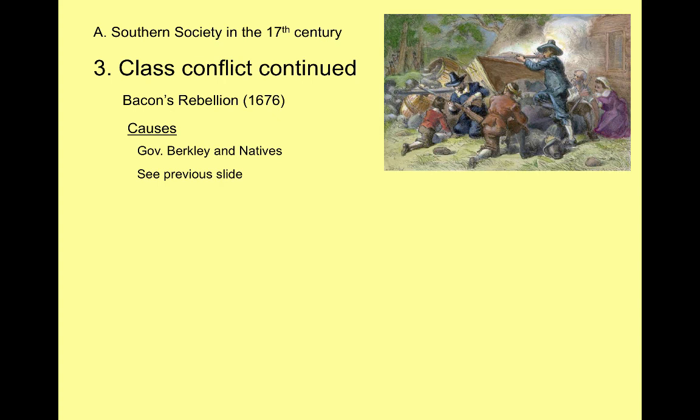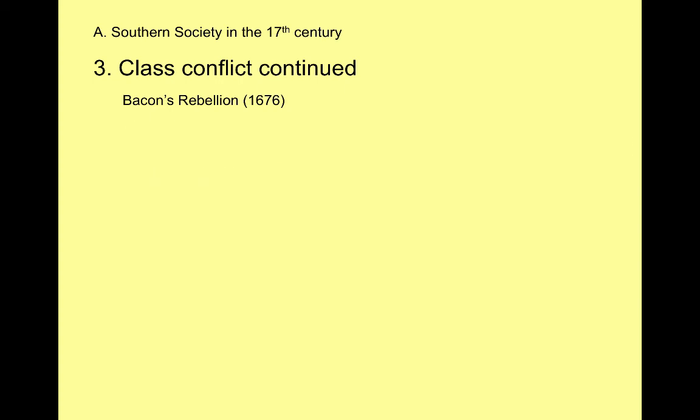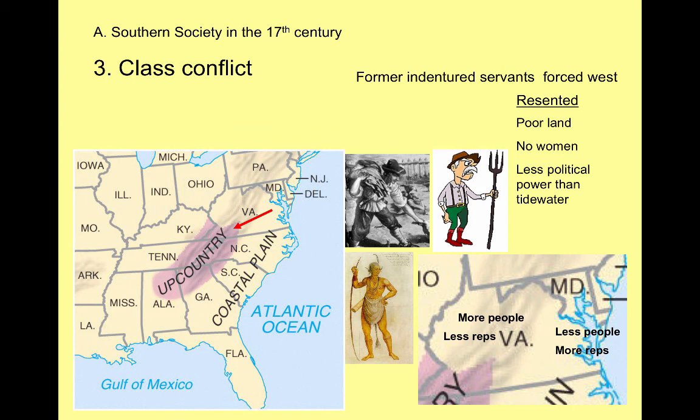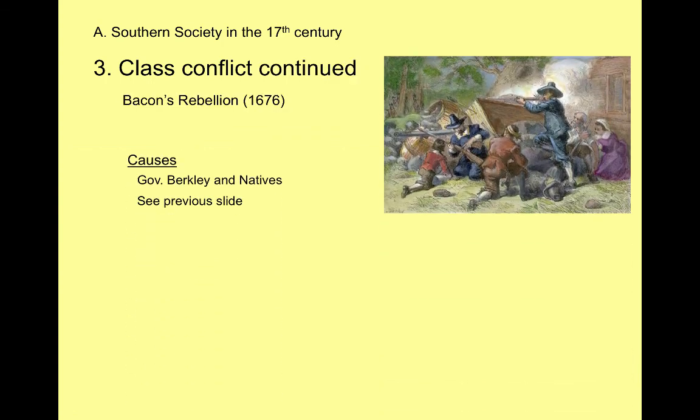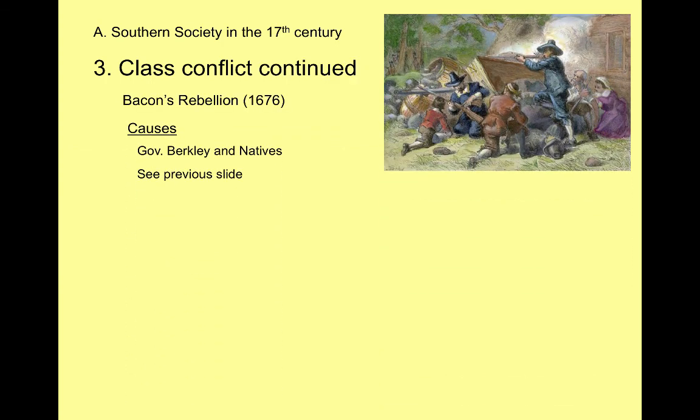And so when they found this out, this is the spark that sets off this revolution, if you will, this rebellion. Now, remember all of the things that were simmering before. The former indentured servants were resentful of the East Coast because the East Coast got all the land. They got the women to marry them. They had all the political power, all the economic prestige. And so when we put on top of that that you found out that your governor is selling weapons to Indians or Native Americans who are trying to attack you, that's the last straw.